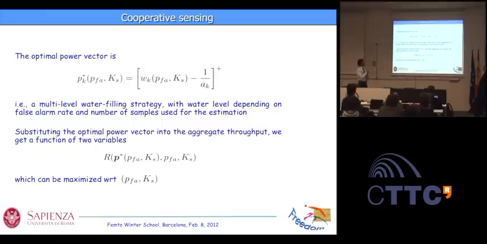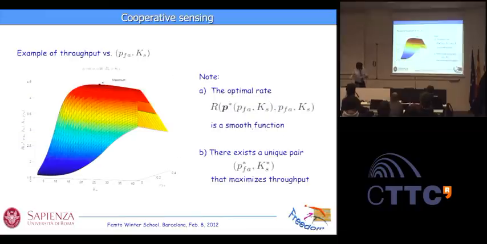Okay, now, of course, the critical point is to study the behavior of this function with respect to these variables, because if this function goes up and down or varies a lot, having multiple maxima, of course, we will still be in trouble. But fortunately, this is an example, but also if you change the parameters, you are always going to end up with something that looks like this. So this is the utility function as a function of the number of samples, Ks, and the false alarm rate, PFA here.